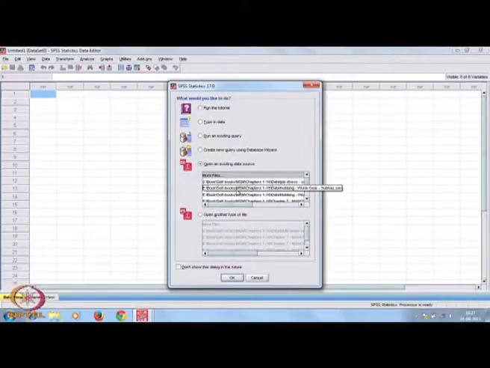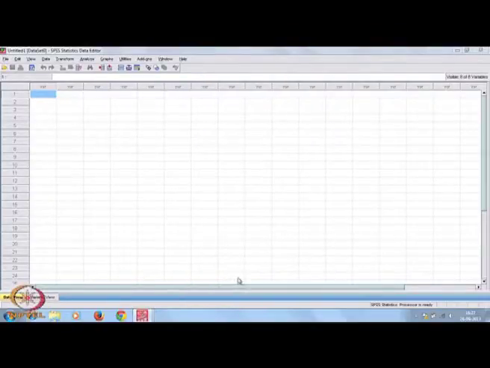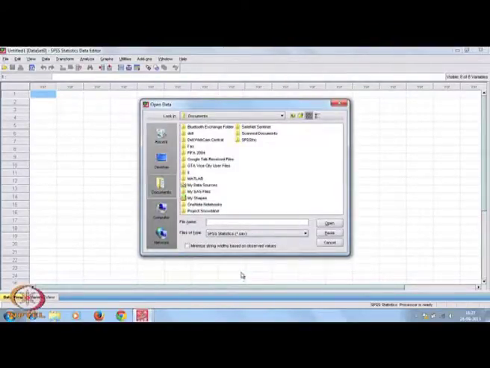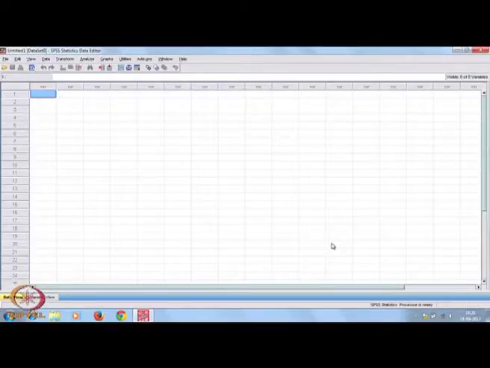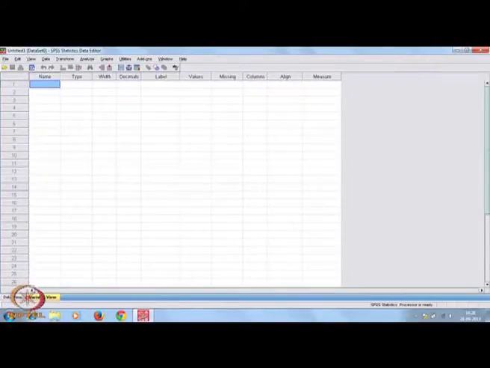Now, if there are earlier files you have used, it will ask you whether you want to open one existing file or not. For example, you do not want to open any existing file, so you put OK. Now, there are two windows, one is data view window, another one is variable view window.